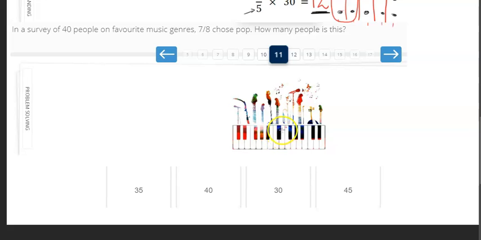Right, now we can see a real life context of how this applies. We have a survey that's been conducted. So a survey of 40 people on what their favorite music genre is. And of those 40 people, 7/8 of them chose pop. How many people is this? What this is saying is that from the 40 people,